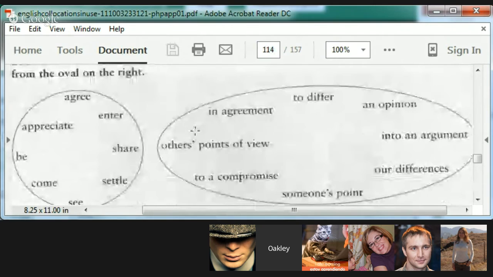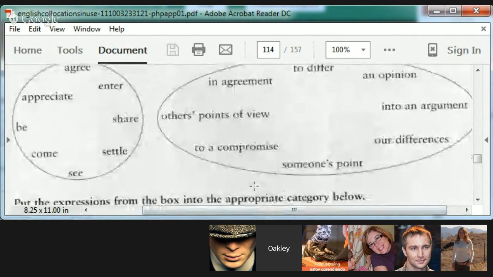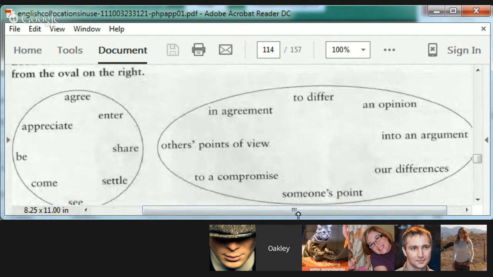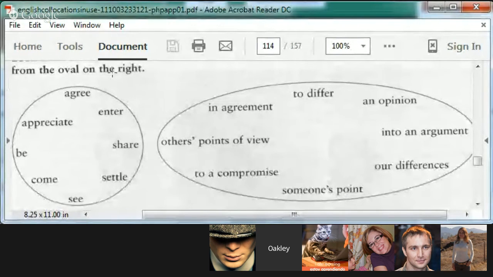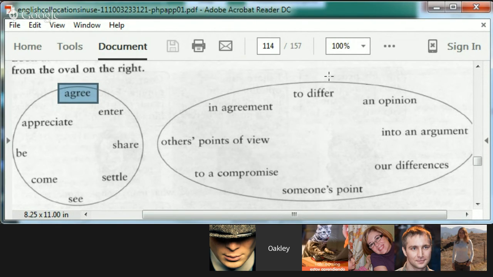Okay, we are going to go on and do something a little different here. All right, I got a big circle and a big fat oval. What words does this collocate with, and what can we, maybe one phrase, maybe more. Okay, so over in the circle we've got some verbs, and on the right, the oval, we have some nouns. What collocates with what is the idea here?